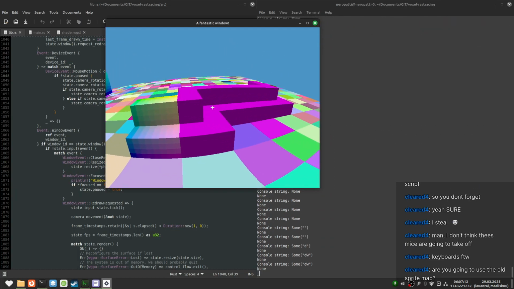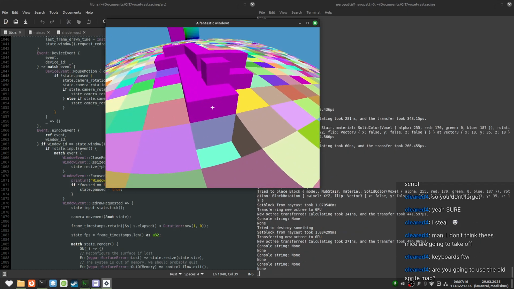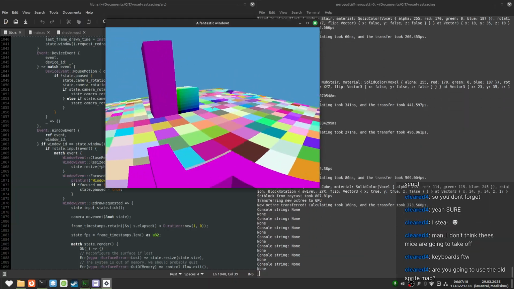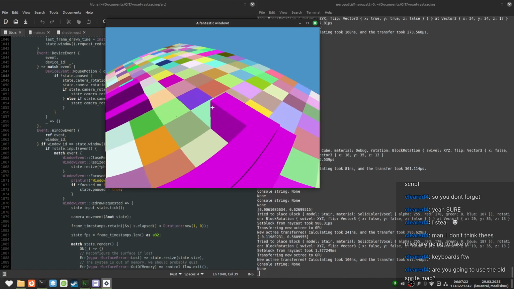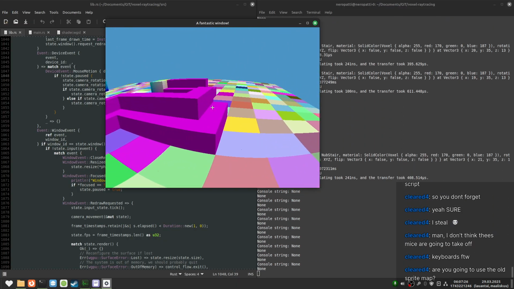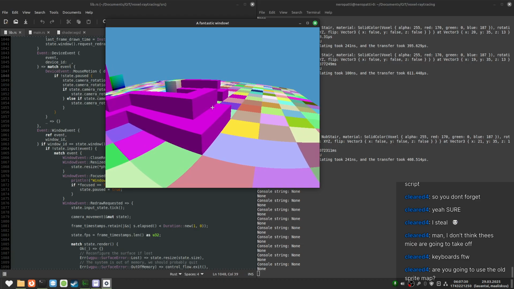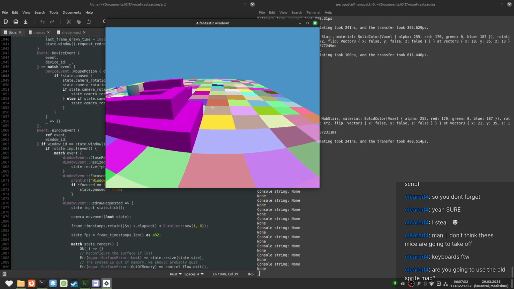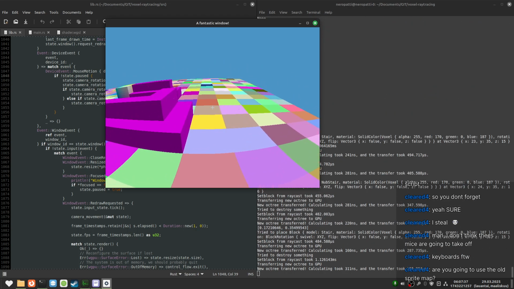Oh, also, if I press pick block on a thing, it will actually copy the material and the model both. So we have actual proper selection. Ooh, I just realized, if I click here, oh no, it does select the actual thing that I click on.